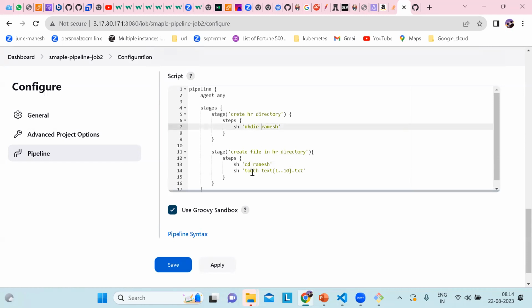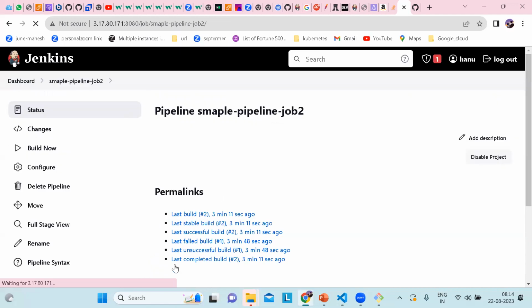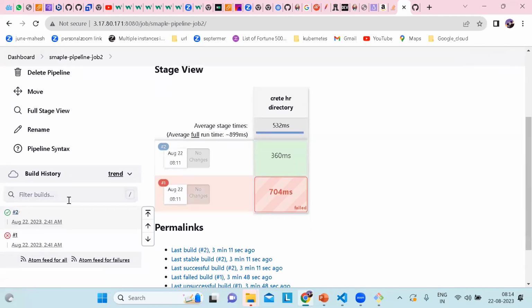Next, I will mention to create 10 files. But actually, now we'll get some issue. Why? Because it tried to create mkdir Ramesh, meaning the Ramesh directory it tried to create. But what happened? It is already there. Is it right or not? For example, if you want to go and check it, in the same job it tried to create, then you